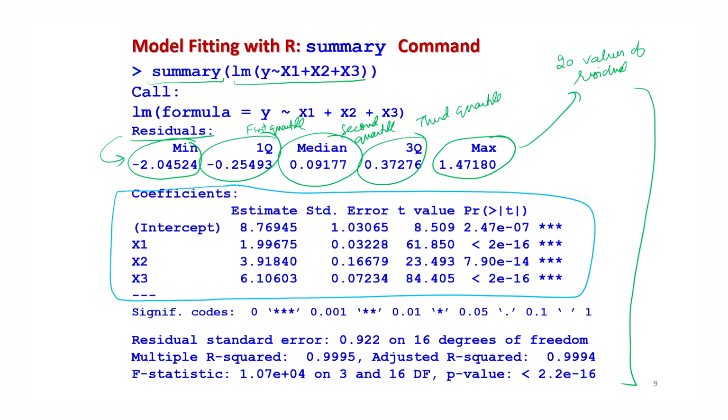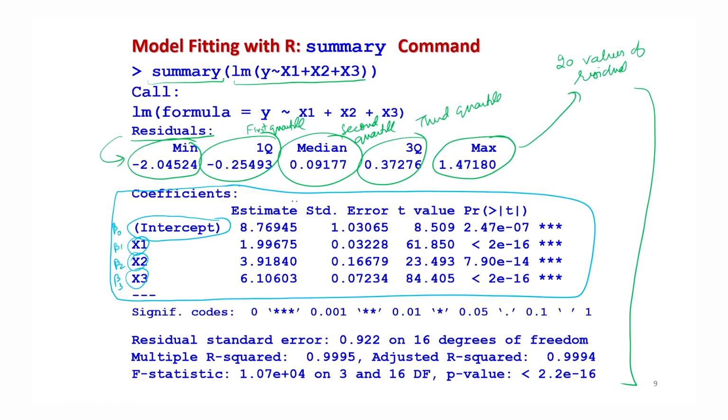I will take one at a time, but you have to understand what it is trying to tell you. First, here is the intercept term, then x1, then x2, then x3. The intercept term has the associated coefficient beta 0, x1 has the regression coefficient beta 1, x2 has beta 2, and x3 has beta 3.